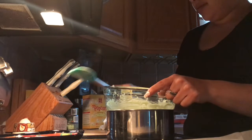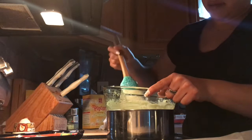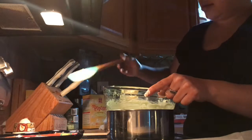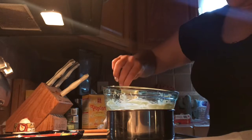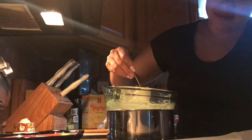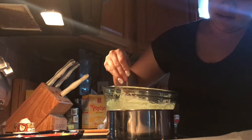So here our chocolate is done. That's how it should look, nice and running. Should be able to pick a spoon up and it run off. So here I'm just going to grab the chocolate, shake off the excess, and then put it on the parchment